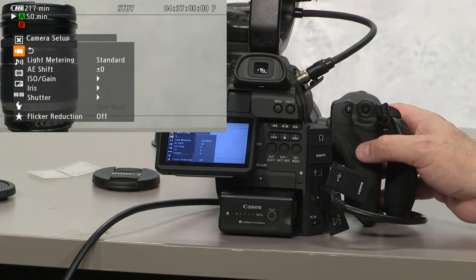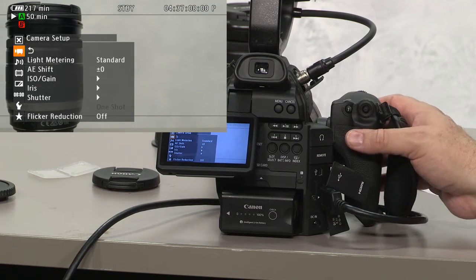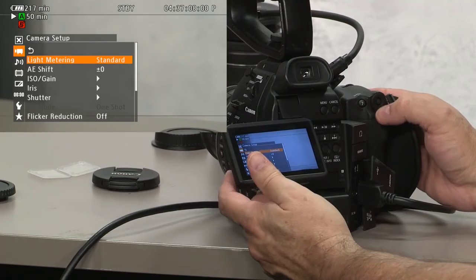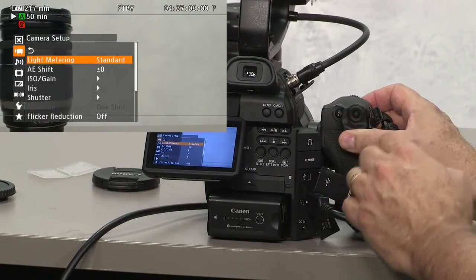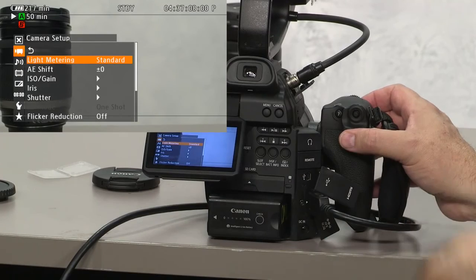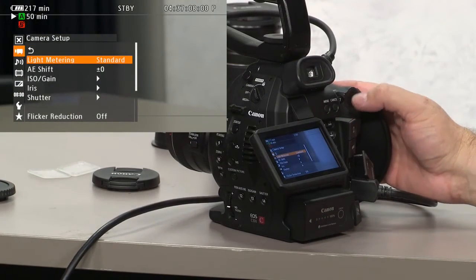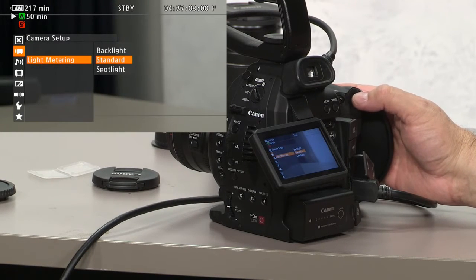Now the first menu we're going to look at is the camera menu. That's in the top menu here. You push the joystick control in order to enter into that menu. And the first one we come to is light metering, and you can see that there is backlight, standard, and